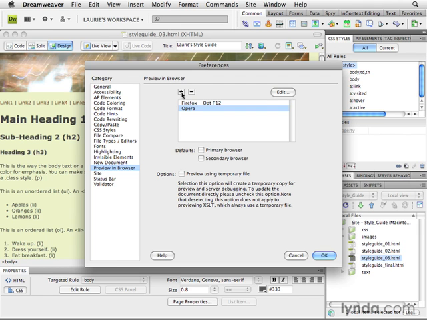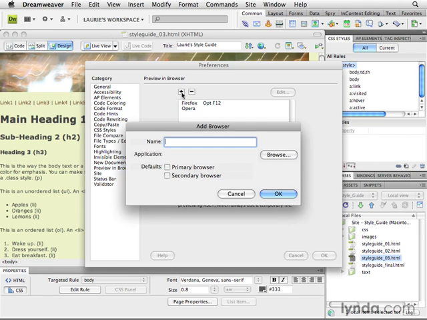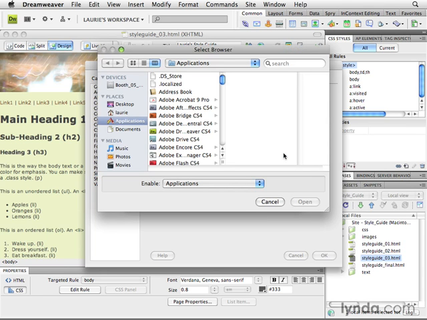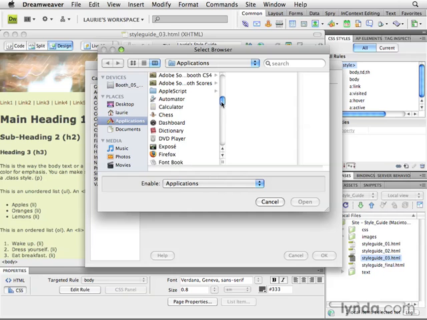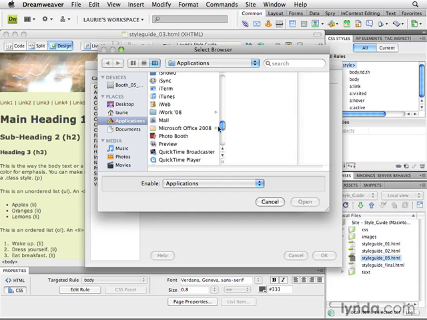I click on the plus box up here at the top, and I'm going to write Safari, give it a meaningful name. I'm going to browse out to my, if you were doing this in Windows, that would be your Program Files folder. I'm going to scroll down to the S's. This is in alphabetical order. There's Safari. Select Safari,